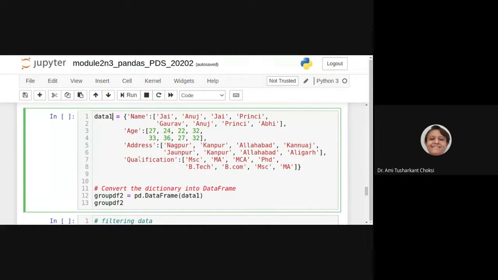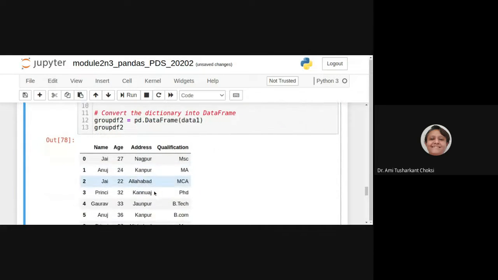Let us have the data frame created with the same data which we have seen in the previous lecture. That is, name, age, address, qualification. These columns are there. Let us create the data frame using pd.DataFrame and data1. So we have created the data frame.